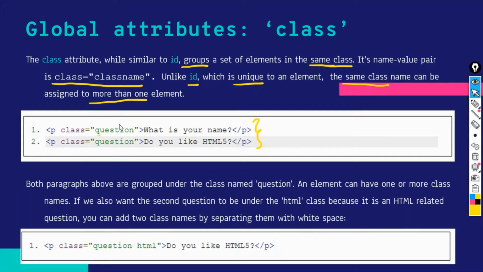Meaning to say, whatever styling you perform in the question class can be applied to these two paragraphs as well. An element can have one or more class names. So if you want the second question to be under the HTML class, so let's say you have another class named HTML,